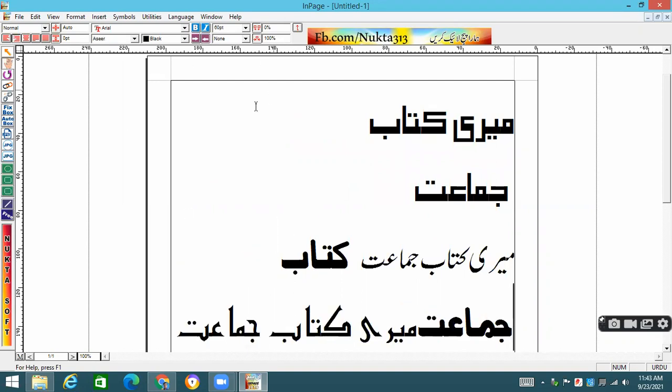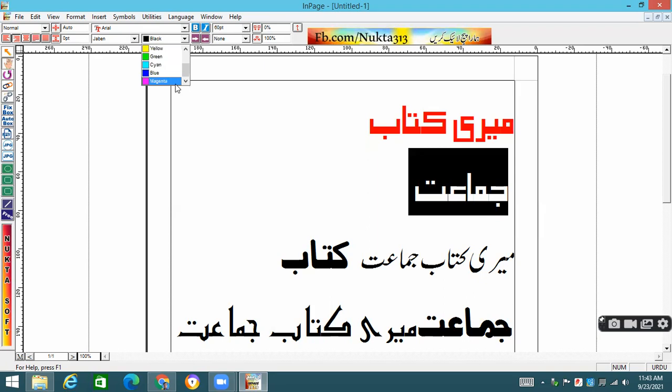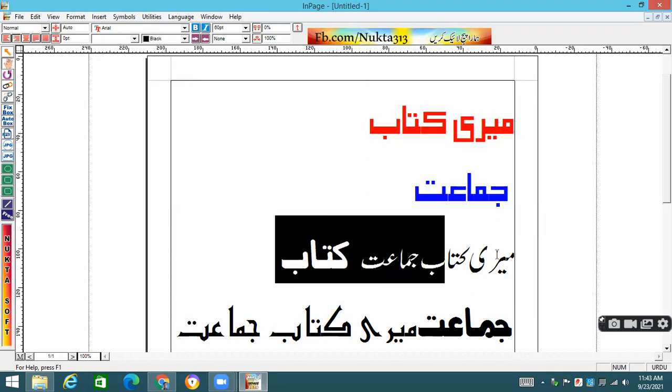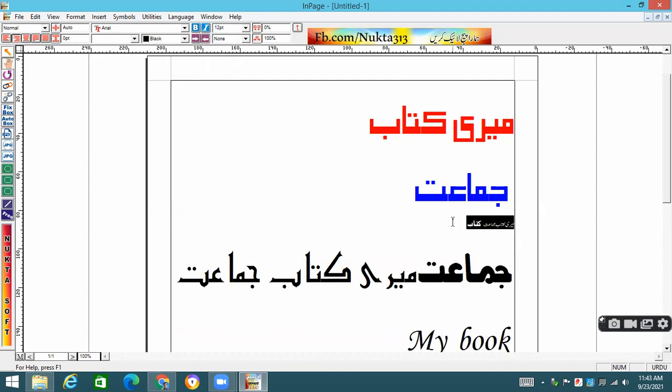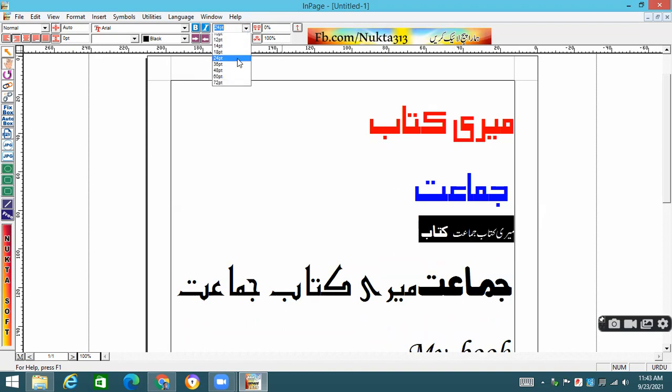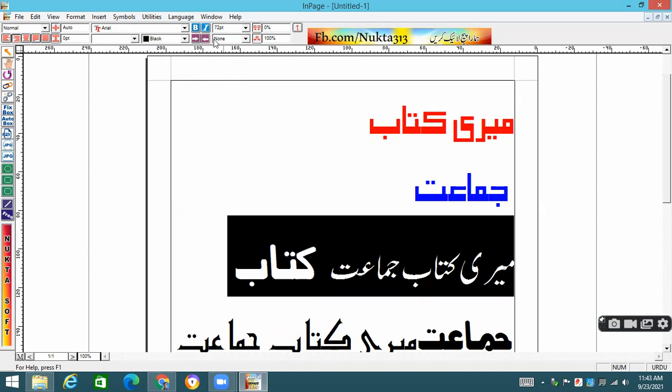Anyway, this is how we are going to apply these options. You can select the text, you can change the colors which are given over here according to your need. Green color, blue color. You can select the text, you can change the size. 12 is small. You can see it is very small. You can take over here 18 point, 24 point, 48 point, 72 point. It depends on your requirement. You can apply bold. You can apply italic. Italic will be inclined. This is bold. If you remove the bold, it will be removed.